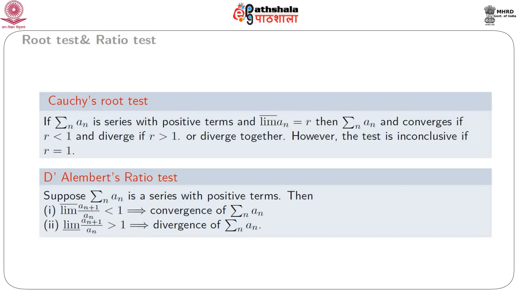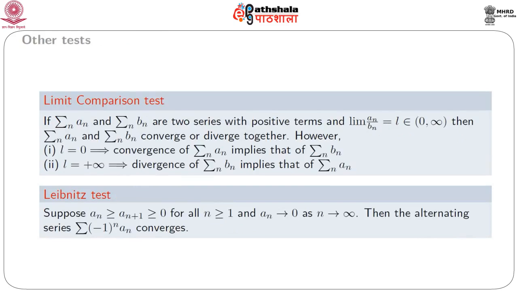Let us quickly enumerate some other procedures, some other tests. The first one is known as the limit comparison test. If summation a_n and summation b_n are two series with positive terms, and limit of a_n by b_n is defined as L, which belongs to the interval greater than 0, then summation a_n and summation b_n converge or diverge together. However, L is assumed to be finite in this case. However, if L equals 0, then convergence of summation